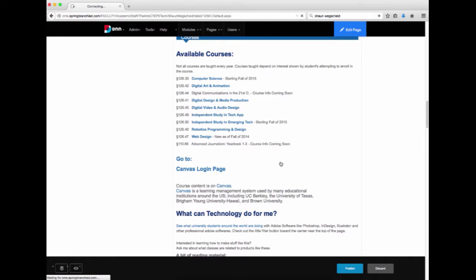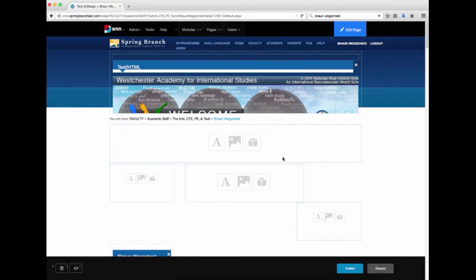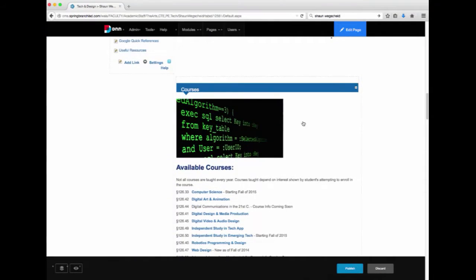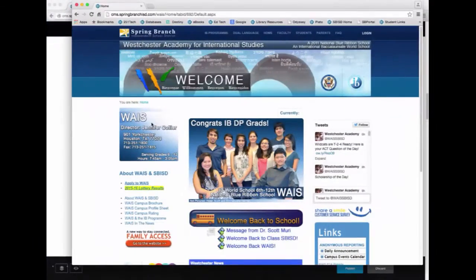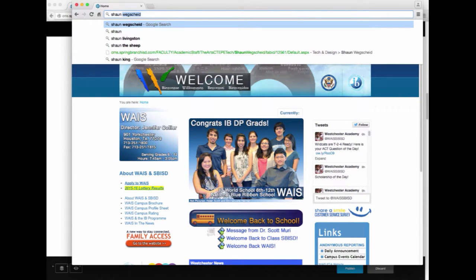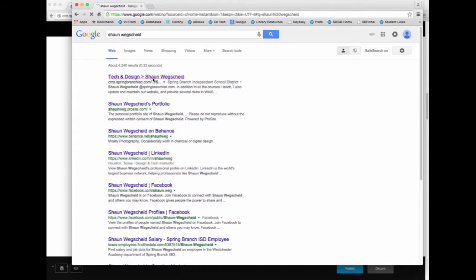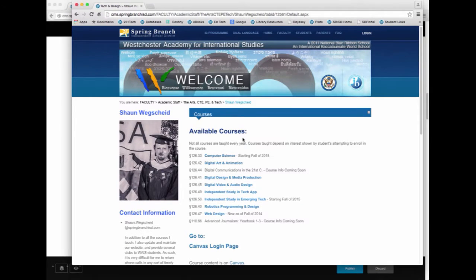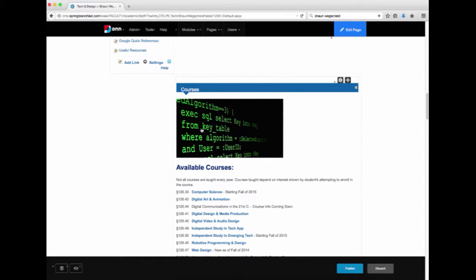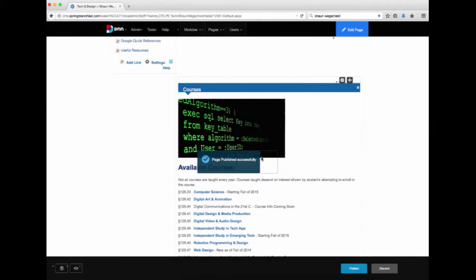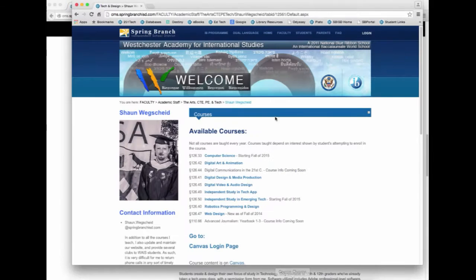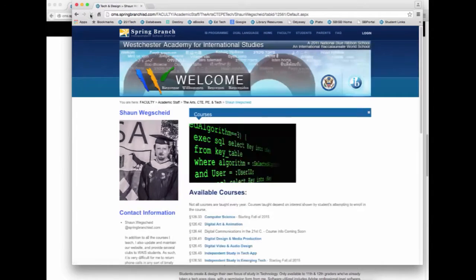and it takes a moment, and it takes another moment as it refreshes and loads, now I can see this image here. However, let's say I open Chrome. And let's say I go to my page. My image is not showing up there. So just because you edit it here doesn't mean it's going to show up on your page. You have to hit publish. Now that I've published and it says that it was successful, now if I refresh the page in Chrome,